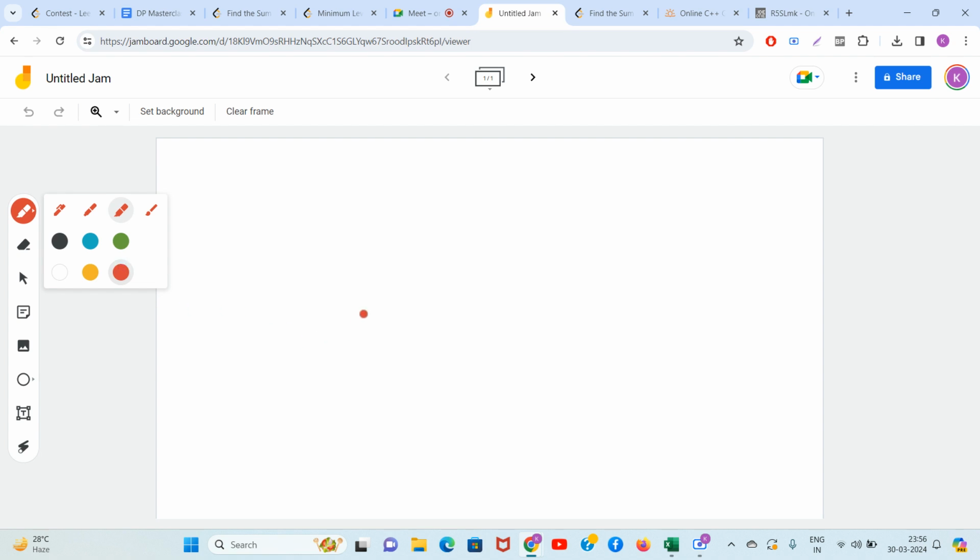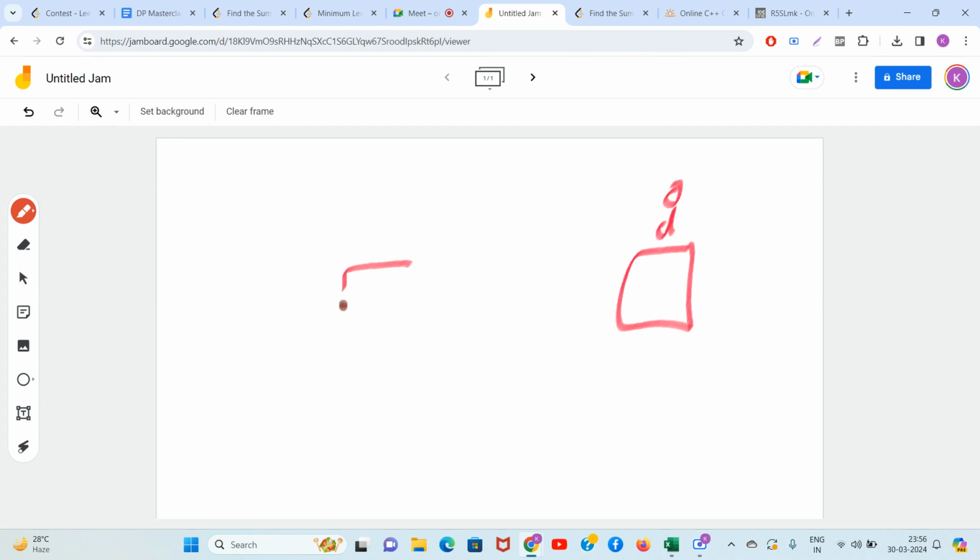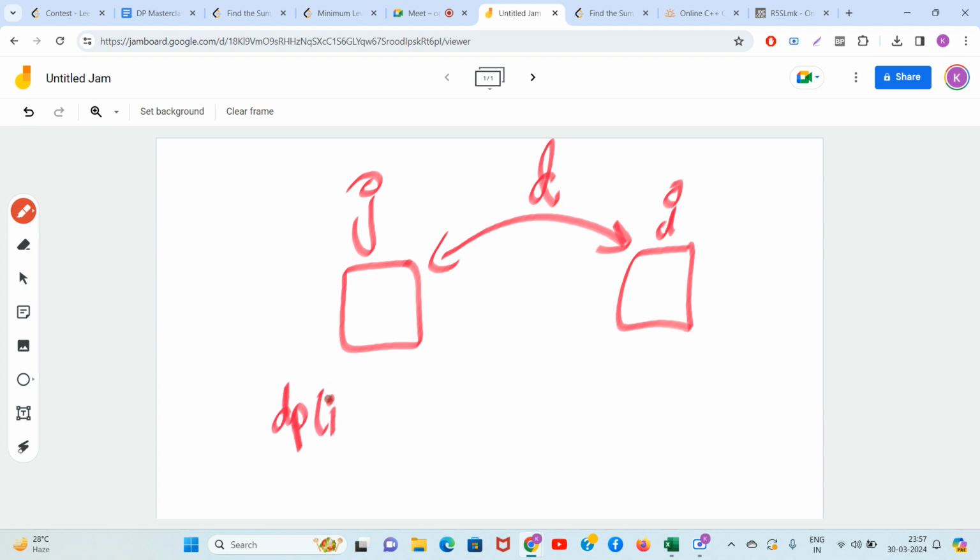Anyways guys, so now going back. So guys, this is your i, okay? This is your j. Okay? Now guys, this difference is coming exactly as d only. This difference is exactly coming as d only. Then what will you do guys? This difference is coming as d only. dp[i][k], sorry, dp[i][k]